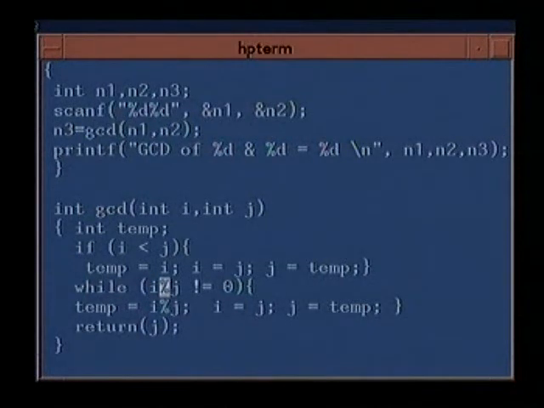This one finds out the remainder between i and j, and if the remainder is not equal to 0, we continue by moving i to j and moving j into the temporary location. The temporary location is the remainder. So this is the standard and well-known technique for computing GCD of two numbers, and here we have used it as a function,